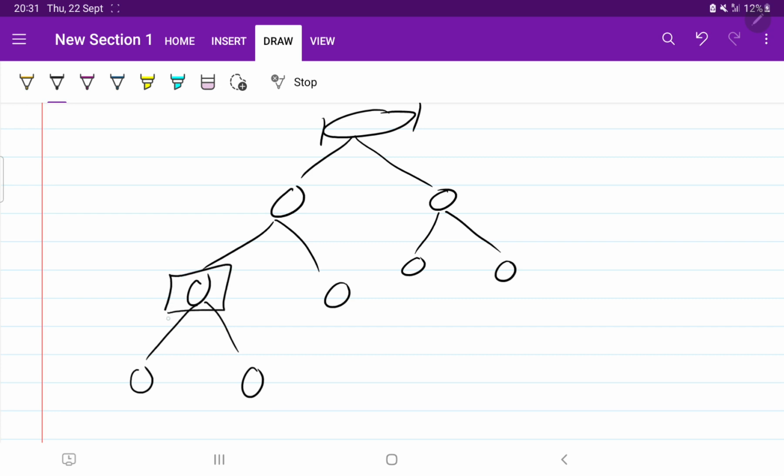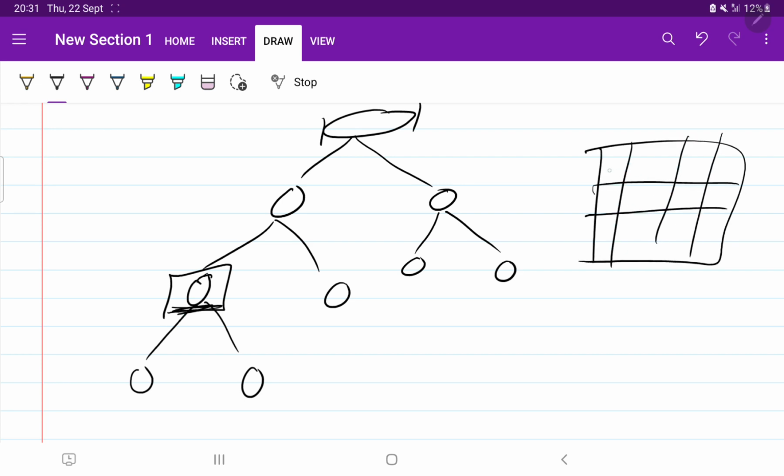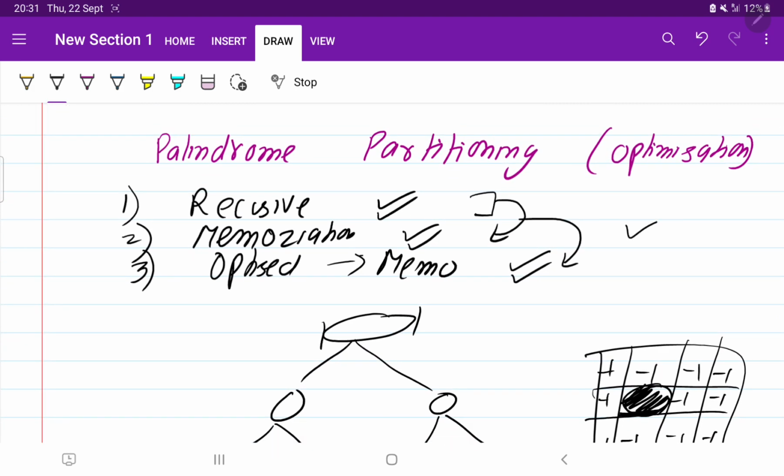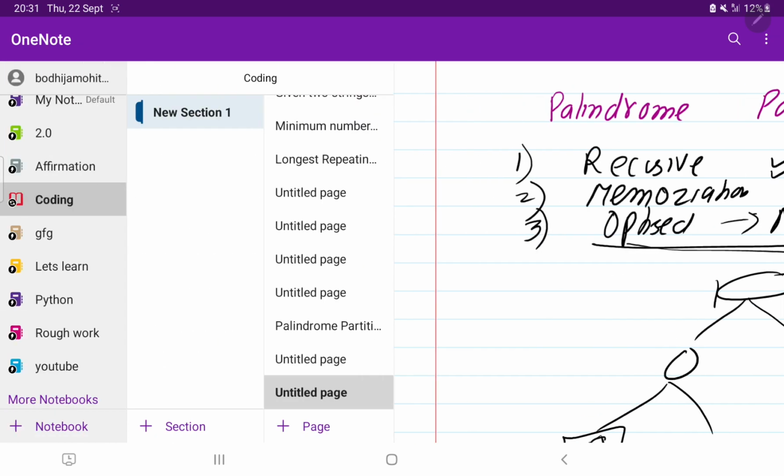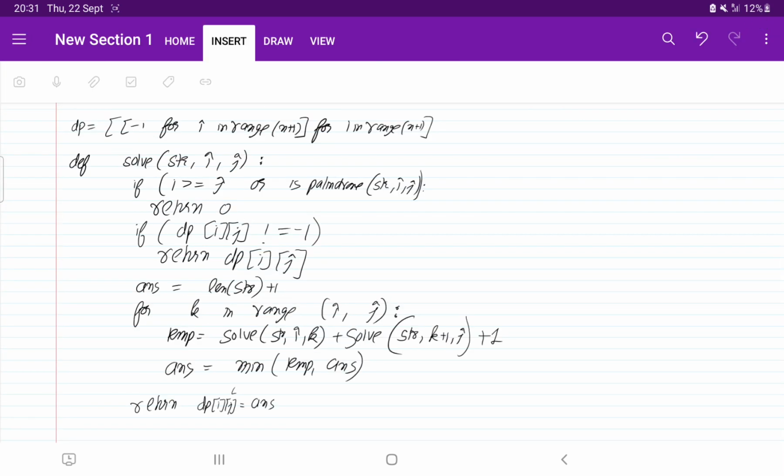Okay, so what we have done in memoization, if we have solved a function, we were maintaining a matrix, and initially we start every element with -1. Perfect. But as soon as we solve any problem, we store that in our matrix, and next time if we see the same problem again, instead of solving all the sub branches, we were directly using this one. Okay, this was the approach that we discussed in the last video. Now we are going to further optimize that approach. So in the last video we have written this solution.